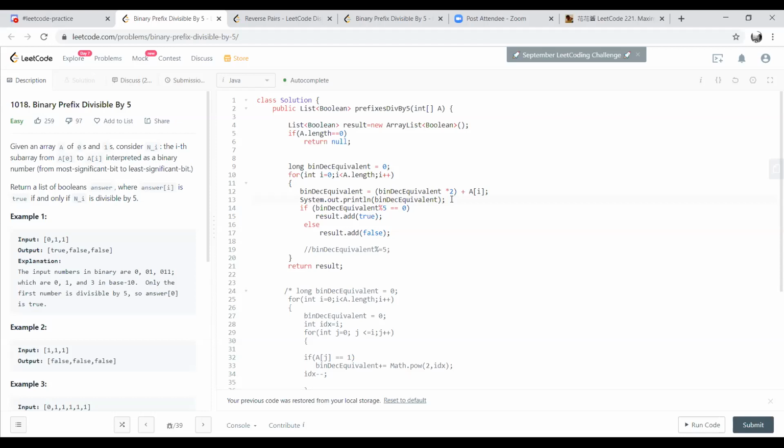each number, each digit or each letter, or wherever you want to cut the prefix, if the prefix multiplied by 2 plus the next number is a multiple of 5, then every other element after that would be a multiple of 5, correct? And the same also holds good in reverse. If it's not a multiple of 5, then essentially you can just do a mod 5 and you can get the remainder, because that remainder is the one that will give you the value.